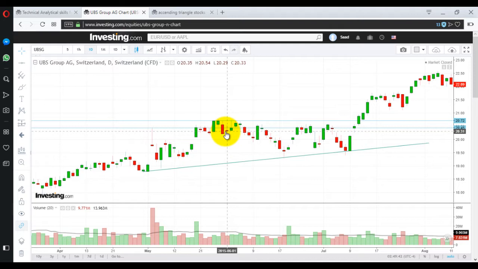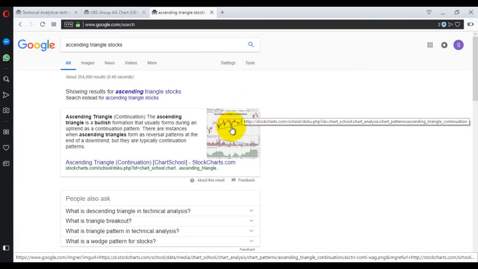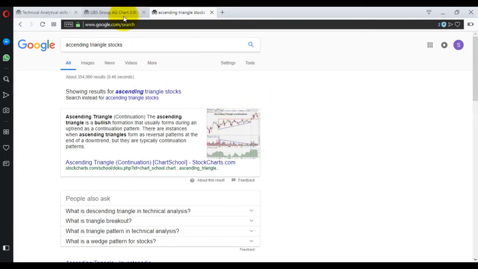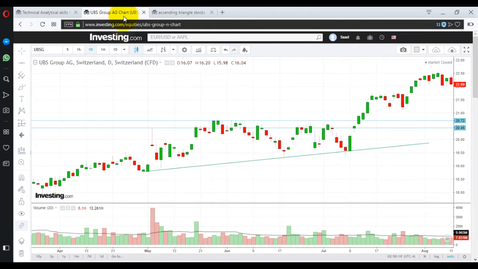Now, why have I shown you this example? Because I wanted to show you this kind of a trap. Because I have believed, by trading and earning money, that in a good market, everyone can make money. An ascending triangle, everyone can make money. If you know what an ascending triangle is, and the stock forms an ascending triangle at the exact moment, with all the things, for example right here, this small chart. If it makes it like this, then it's what I call child's play. You can easily make money. But what to do when it